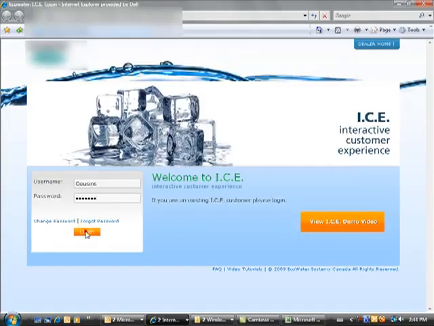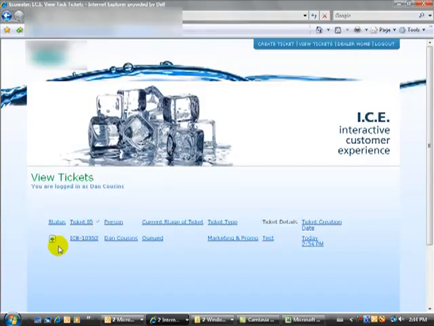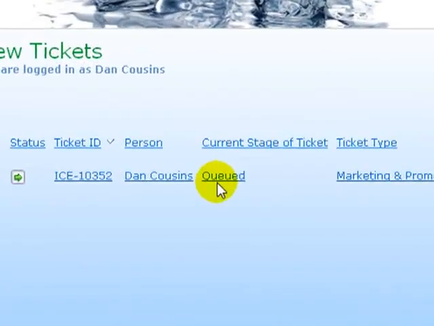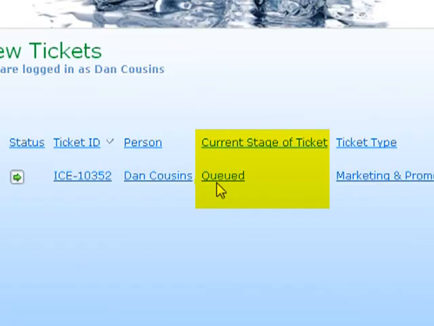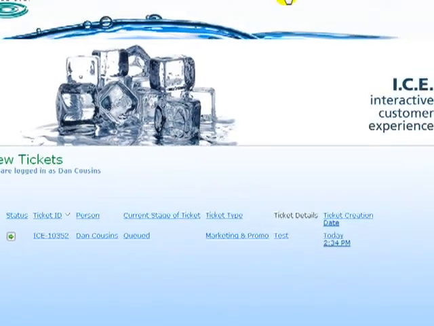Upon signing in, the very first thing the dealer will see will be a list of outstanding inquiries that have been previously submitted. It will show their own as well as any others that had been previously submitted by their coworkers. They're ranked by default chronologically, and it will also show the current state that the inquiry is in the workflow. If I go and create a new ticket,